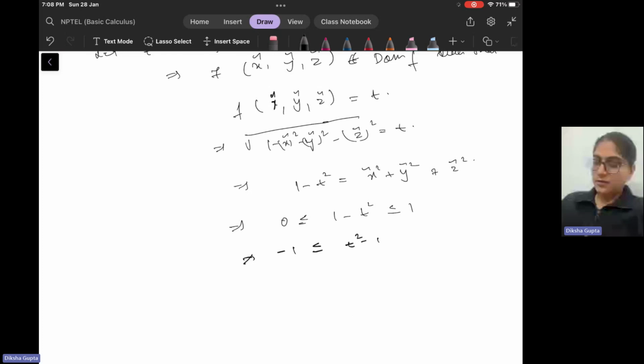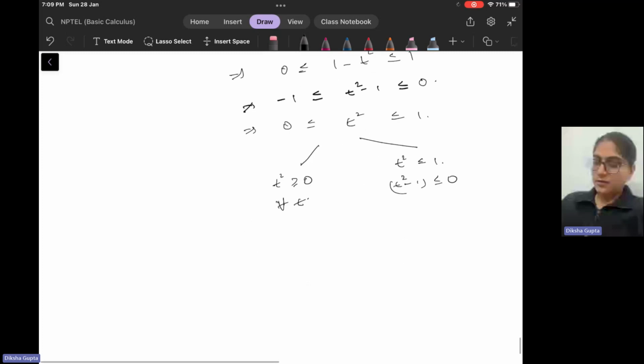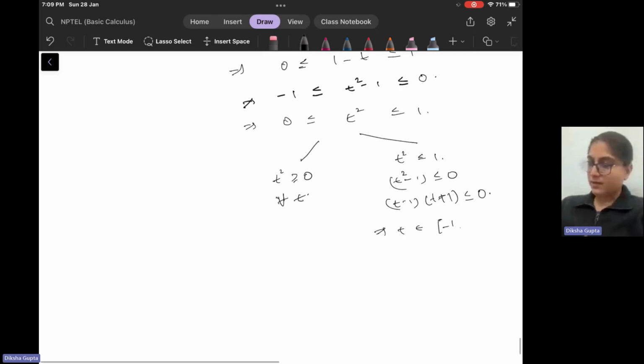Minus 1 less than t squared minus 1 less than or equal to 0, I just multiplied with the negative. So adding 1 is less than or equal to 1. So t squared is greater than or equal to 0 for all t. This gives, and you have t squared less than or equal to 1. So t squared minus 1 is less than or equal to 0. Implies t belongs to, so you will have to include